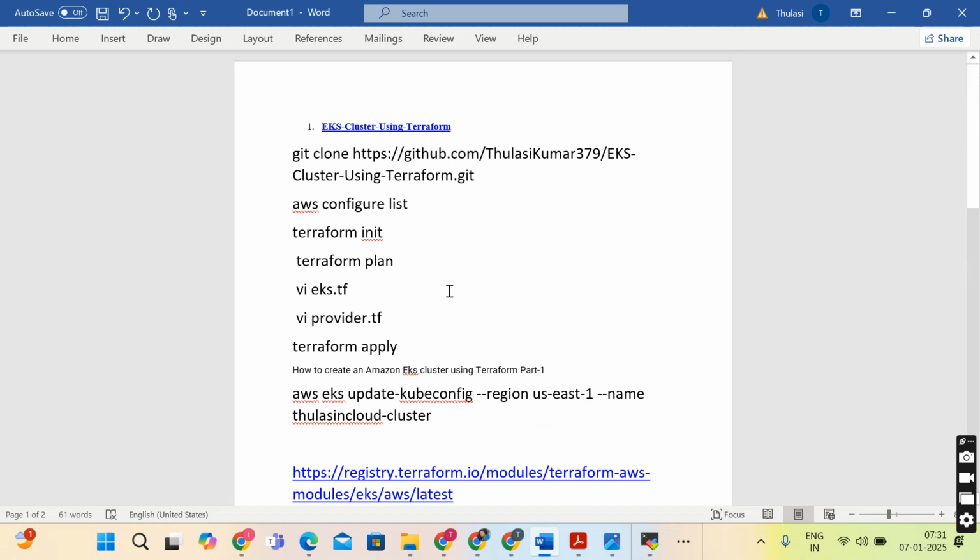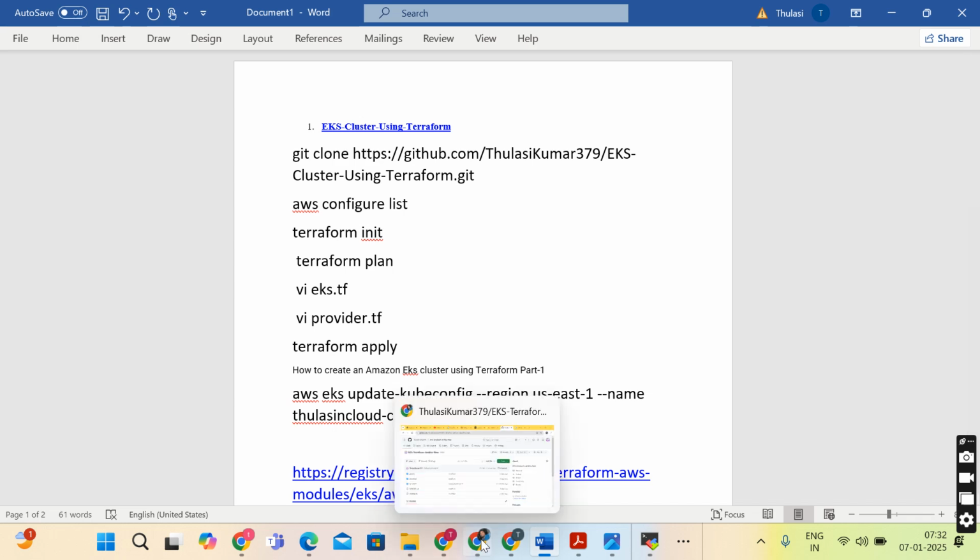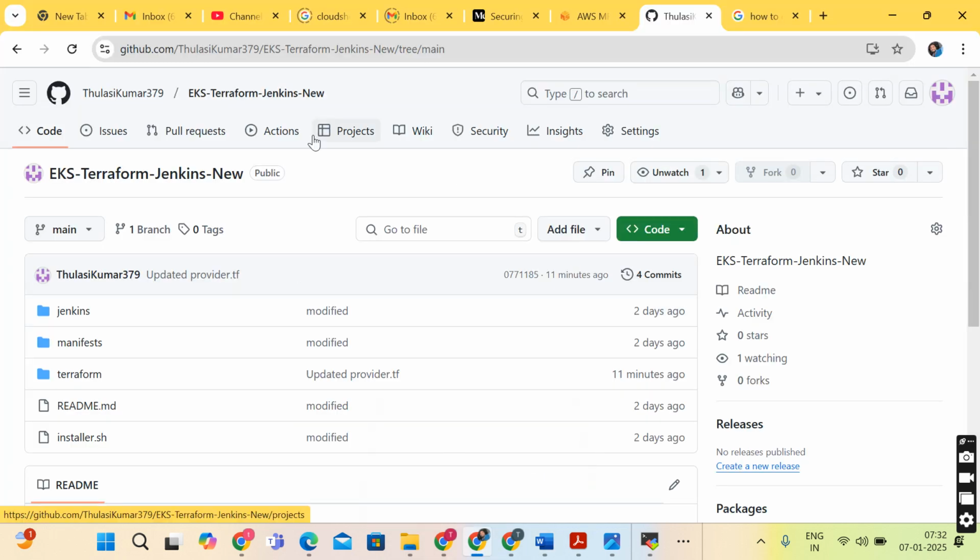There is a part 1 and part 2 we have released, so there we rectified the issues, also troubleshooting. We faced some issues at that time, and we resolved those issues in that class also. So if you want to learn properly how we can install, you can go through those previous videos, then you can come to this and see how we did this automation. This is how we did it last class, using these Terraform files